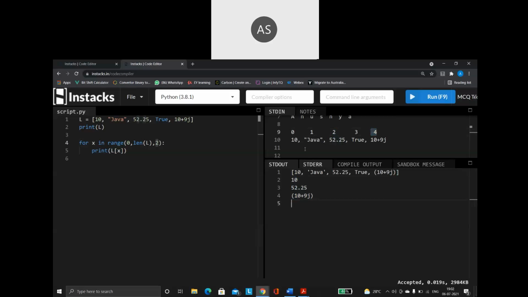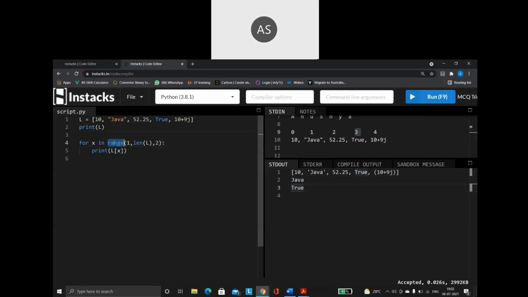This is how my values will get printed. Again, if you want all the odd index positions, what do you have to do? Start from index position 1. So you will get 1 and then 3, because those are the only two odd index positions you have. So only those two values will get printed. This is how I will be making use of the range function.